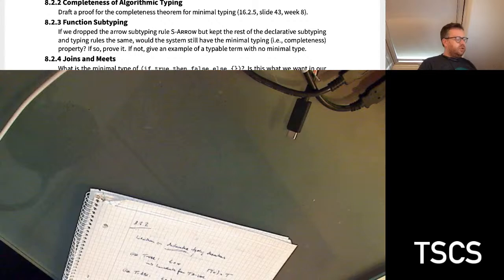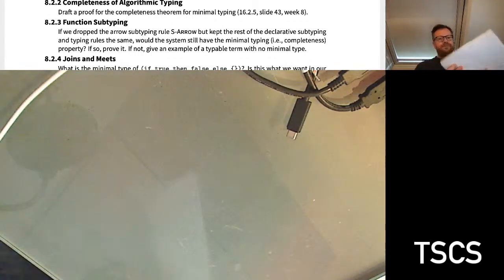And then again, you see that, from the inversion lemma, S1 must be something going from S11 to S12. It must be a function type. It cannot be T12 itself. Okay, great. Good. Then let's move on